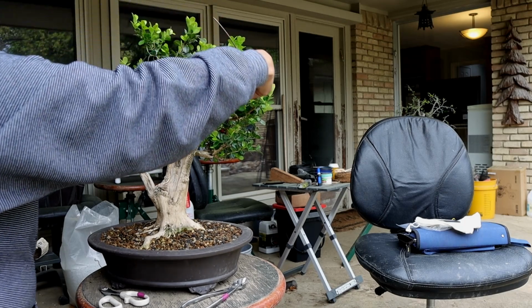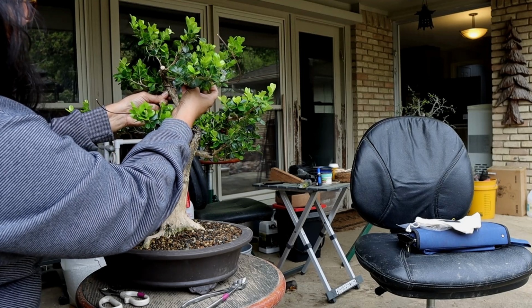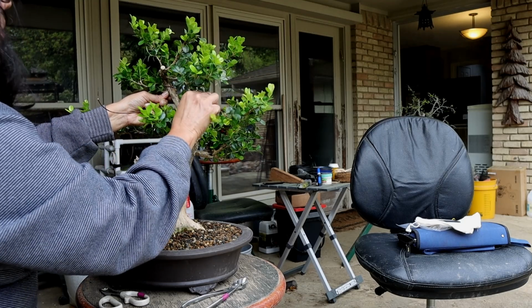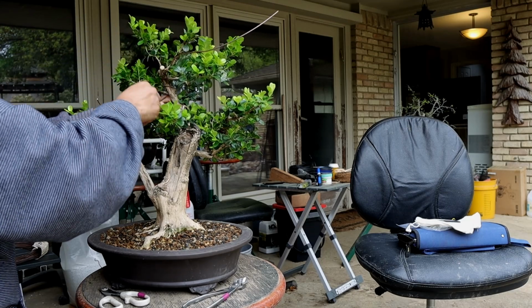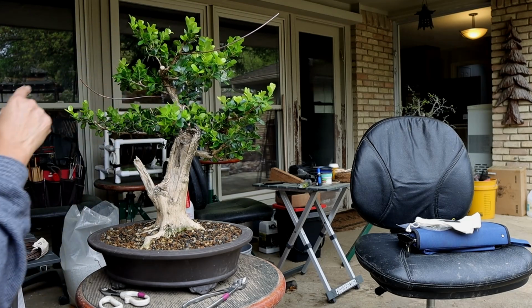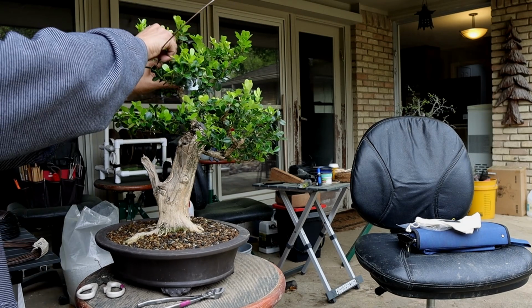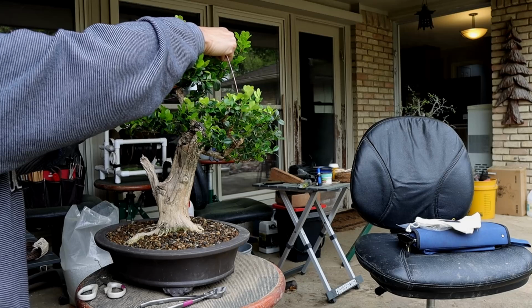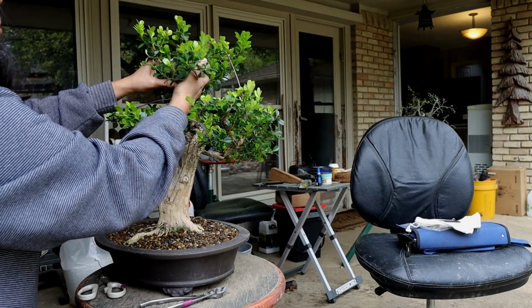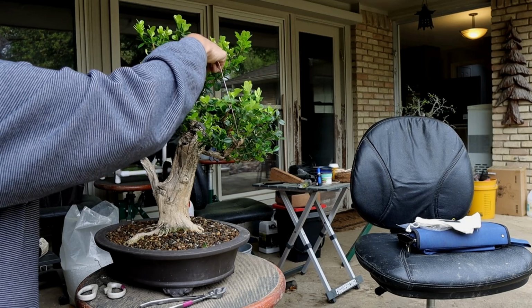You would use the same wire for 2 branches. Yeah, and that's actually a rule of thumb for everything. Anytime that you're wiring, you want to try to use one wire to wire 2 places. So you add your wire in at least 1.5 turns around one side, and that way it's holding on to something. It's braced nicely so that you can use it to